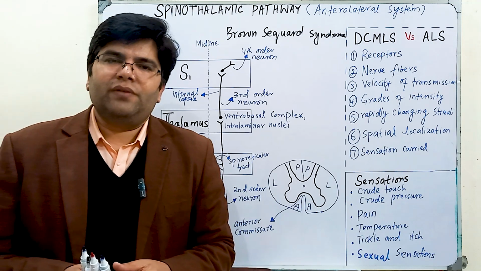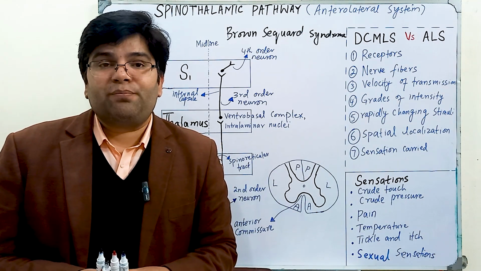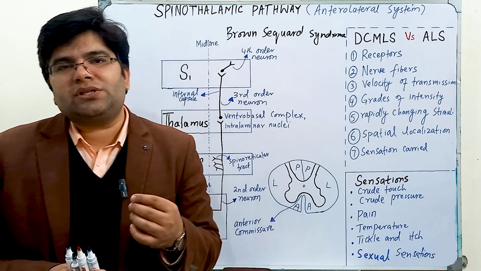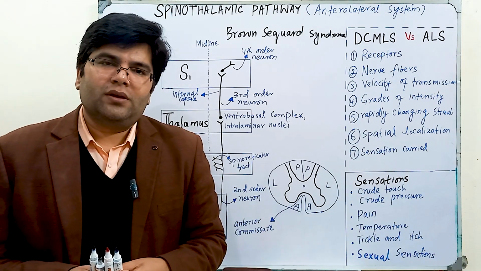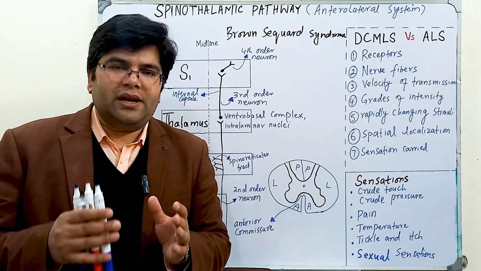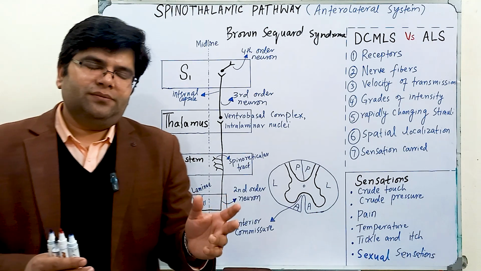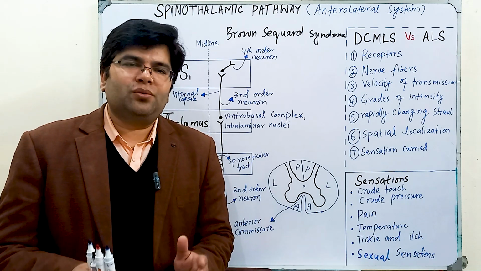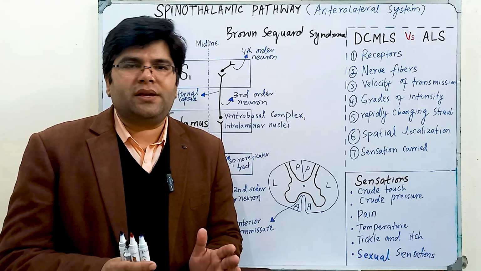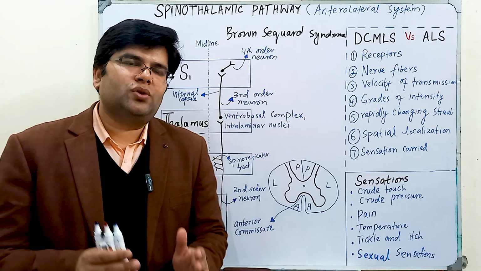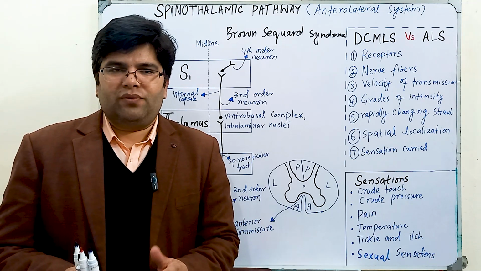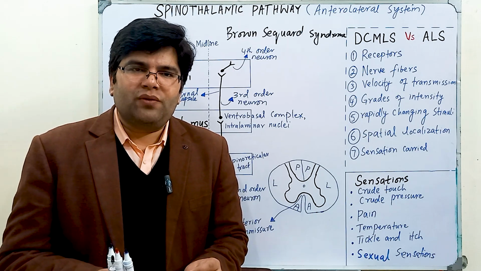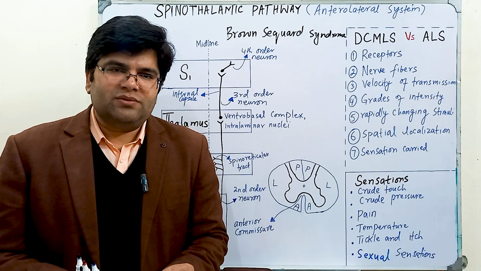In our next lecture, we will study the sensation of pain in detail. I have already mentioned that pain is one of the sensations for which we usually seek clinical advice, so we will study it in a little more detail. In the next lecture, I will explain that there are two types of pain, and for them there are two types of pain pathways. For fast pain, there is the neo-spinothalamic pathway, and for slow pain, there is the paleo-spinothalamic pathway. We will discuss various features of pain, the differences between these two pathways, and also various pain control mechanisms in our body in our next